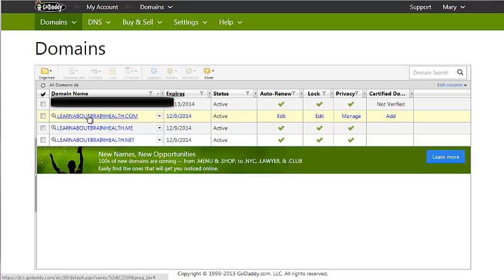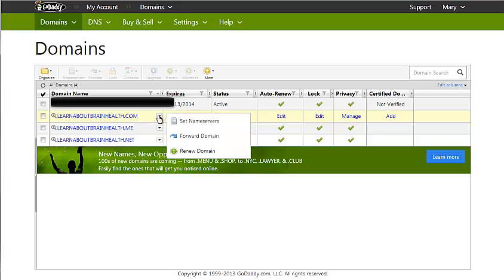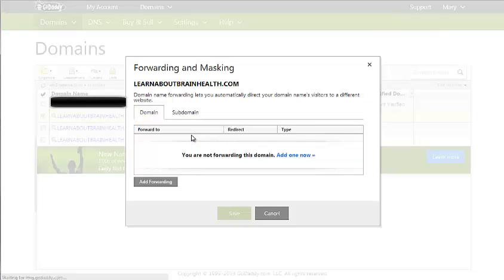Gregory Muscari mentioned learnaboutbrainhealth.com, .me and .net. I think he talked about the .me. She went out and got all those. She figured she can use those, so I thought that was pretty smart. In any event, let's see how we would do this. We want to manage this, so we're just going to forward the domain. That's all it takes,